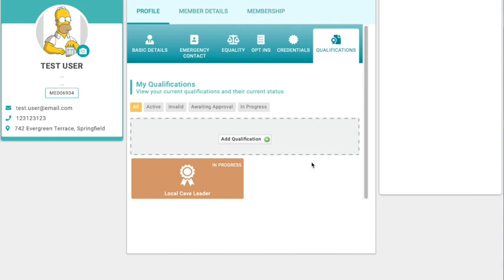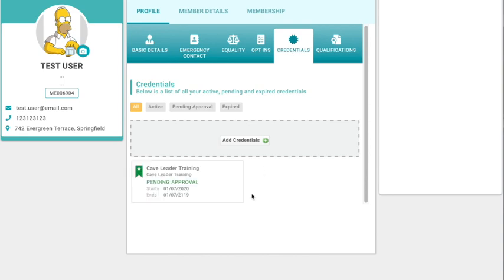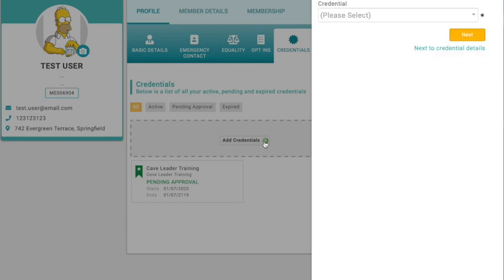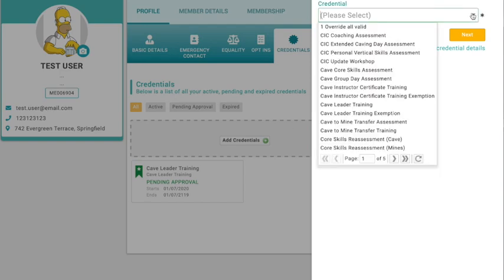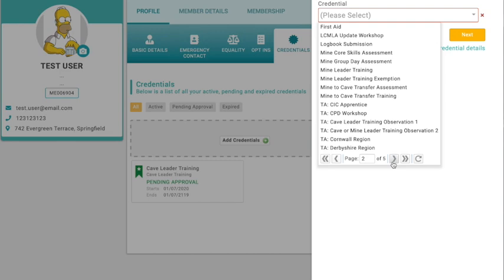Now, in this particular instance, we can see that these are orange, they're in progress, or they're pending approval. And that's because candidates can actually upload their own credentials. So if you've got credentials that are missing, that haven't been transferred into the new system from the historic database, then you can come into here. You can pick the credentials off the side. So hopefully these all make sense to you. They shouldn't be horrendously different from the historic system. And you can add these credentials to your